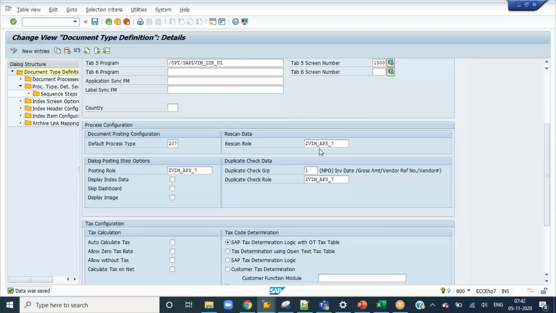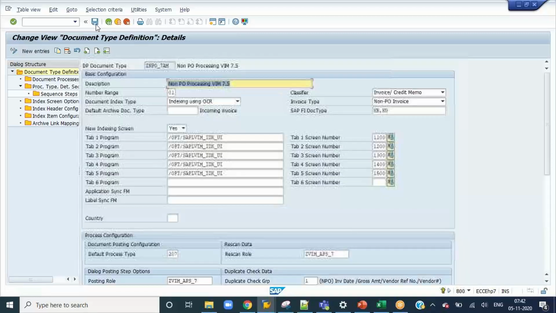So I have given the posting role, duplicate role, check role, everything. And next, go to